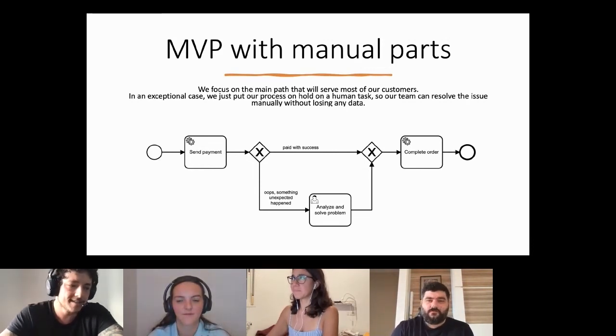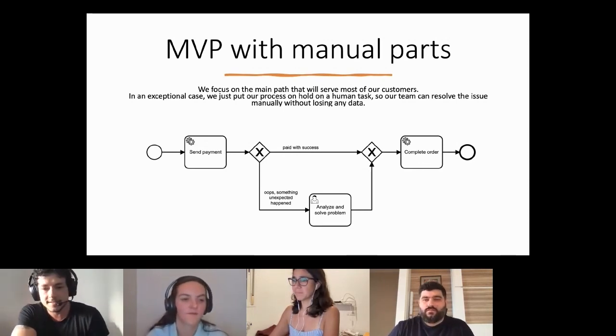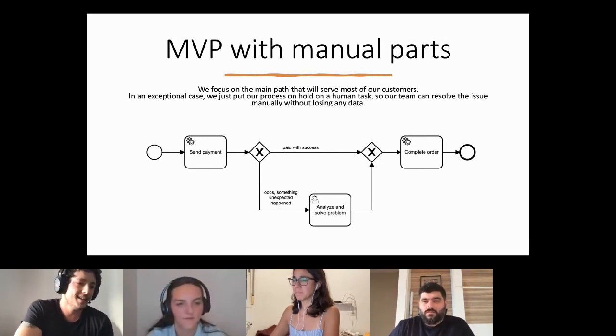But this kind of error I get a lot with incidents in Camunda. Every time an incident happens, they don't know that the incident happened because of another API, another piece of software. It was just visible in Camunda.